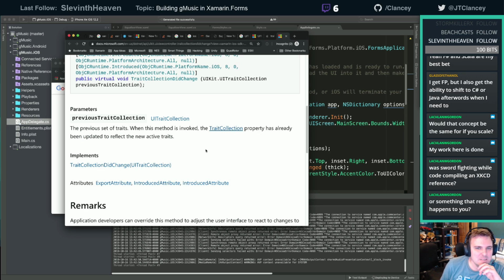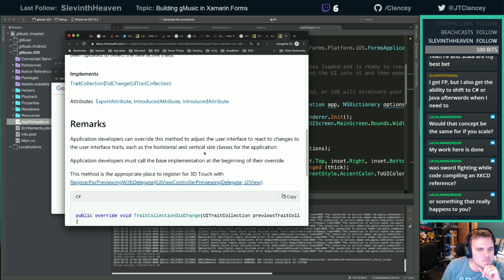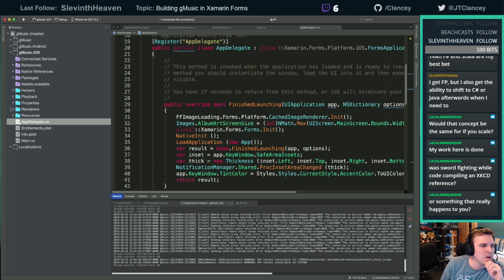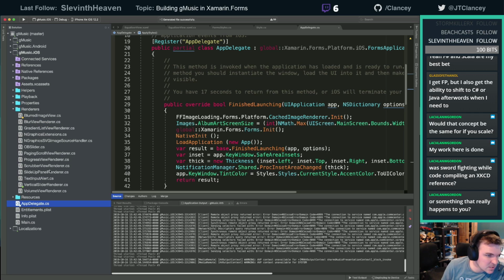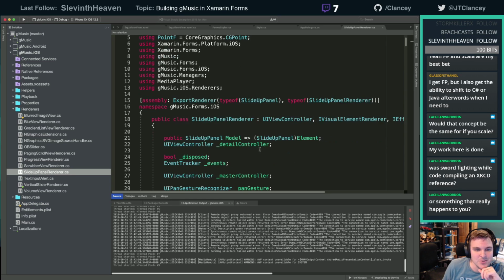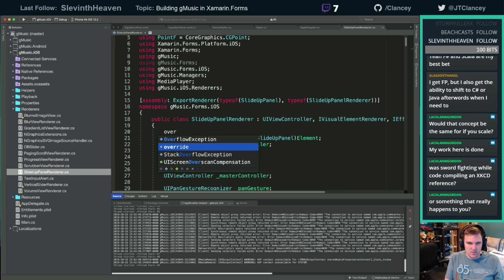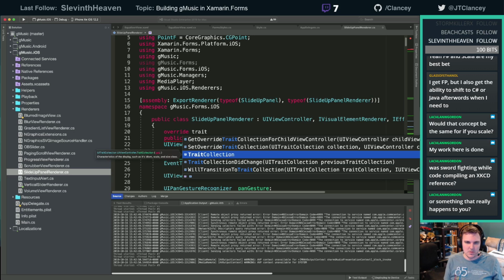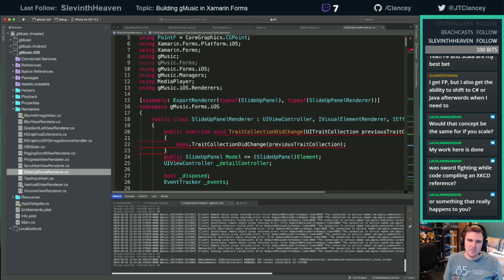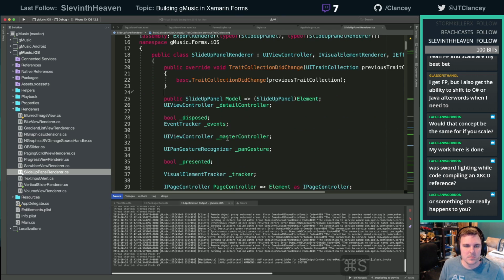Well, that's kind of lame. Luckily though, I do have one custom renderer for my slide up renderer, which is a view controller. Boom, do that.